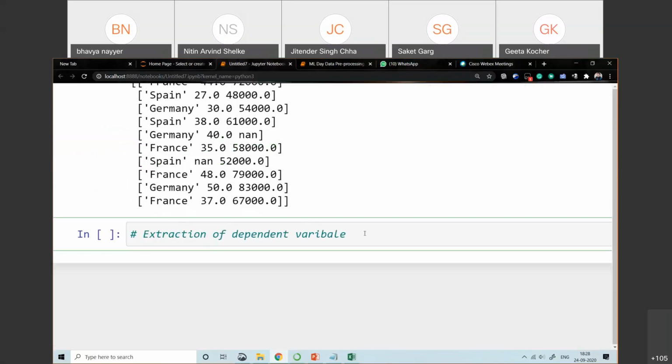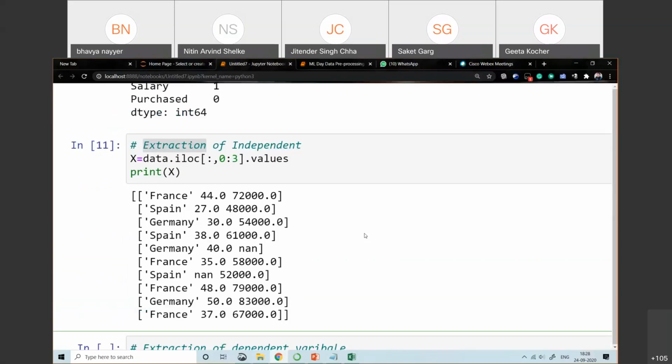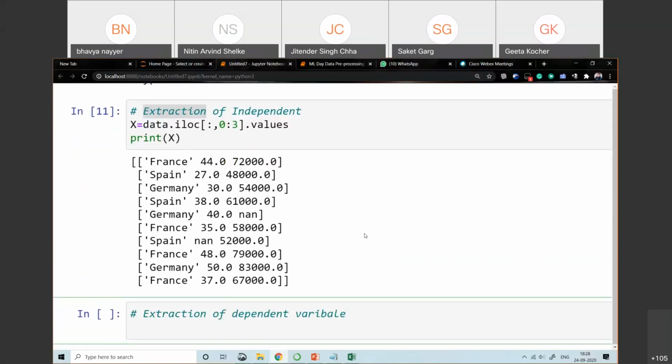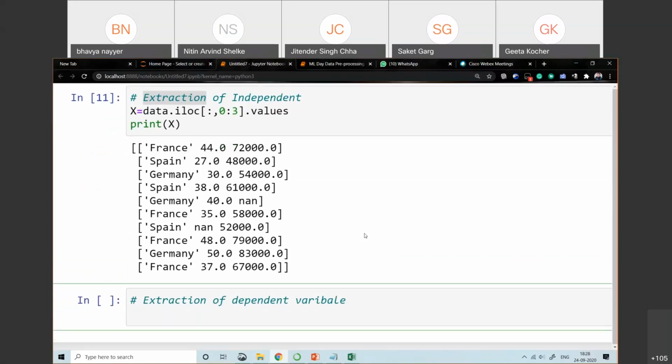dependent variable. Now similarly, how can we extract the dependent variable? Send it through the chat box. How can I extract the dependent variable? y is equal to data dot iloc, square bracket, all the rows, comma, there are several ways. 3:4, normally 3:4 means it's just index 3.